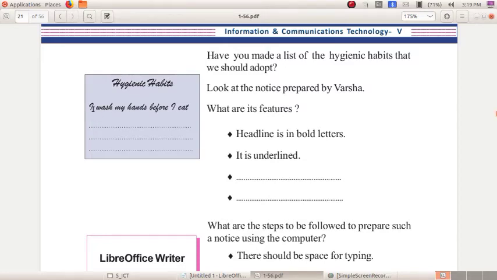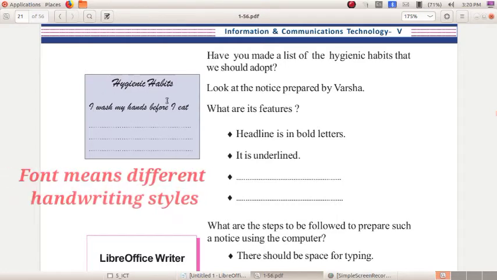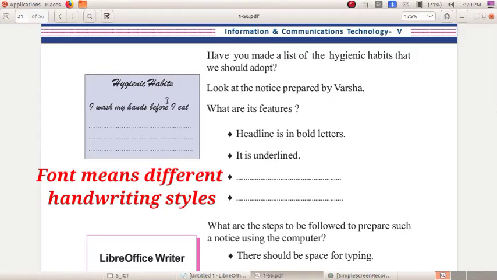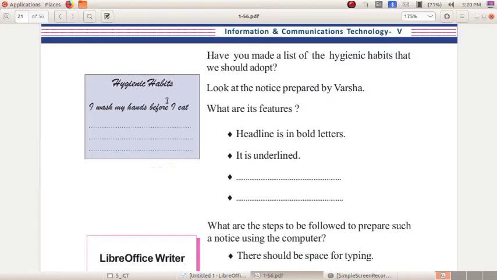Then what else? Yes, the font is changed. There are a lot of fonts in the software, so we can change the font into italics, bold, etc. Then there is a space between each sentence.